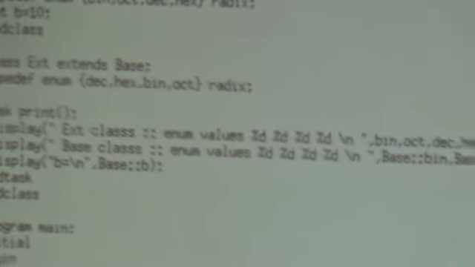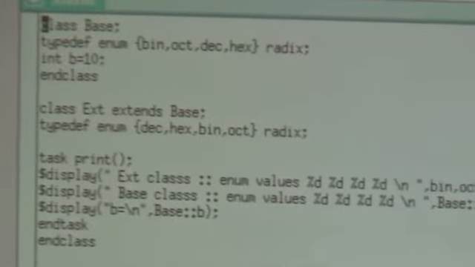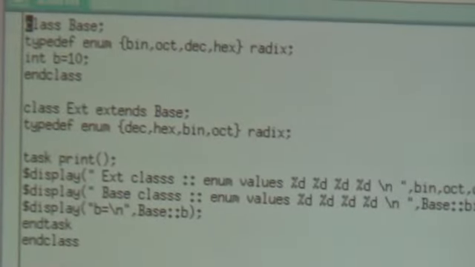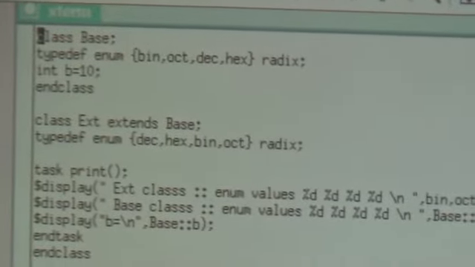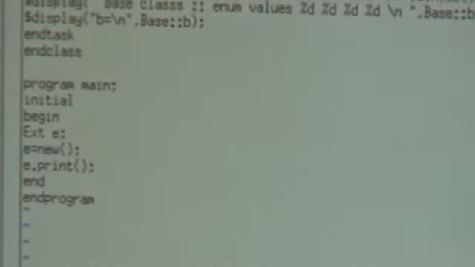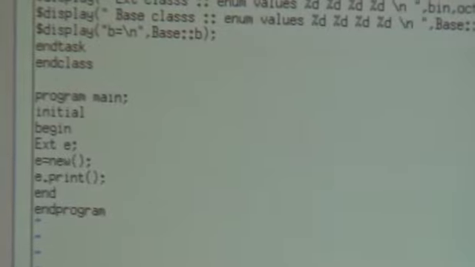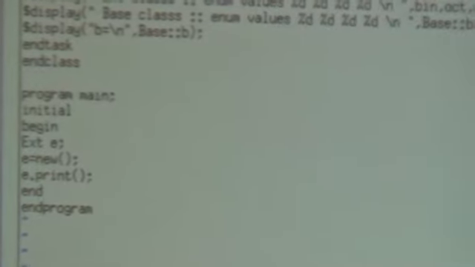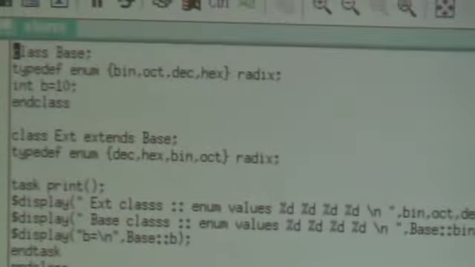One thing we have seen here is that we are going to access the properties of the base class. Even though it is not static, we are going to access them with the scope resolution operator, because they are defined within the scope of the class. That is why we can access them with the scope resolution operator. Now this is a program block where I am going to create an object for it and print out. Now we'll check it out by executing it in the Cadence tool.